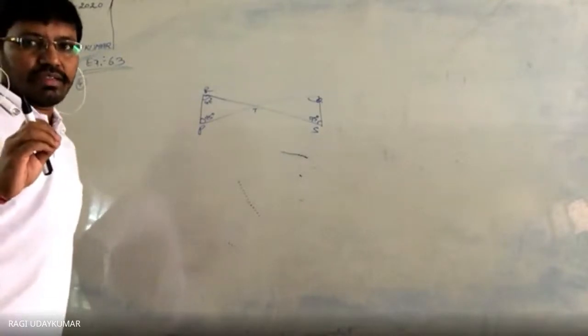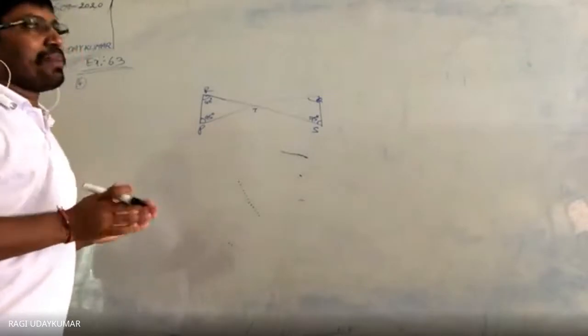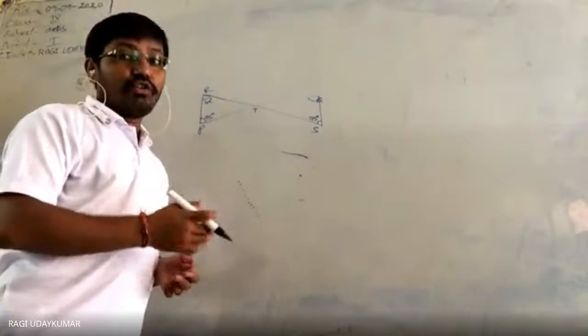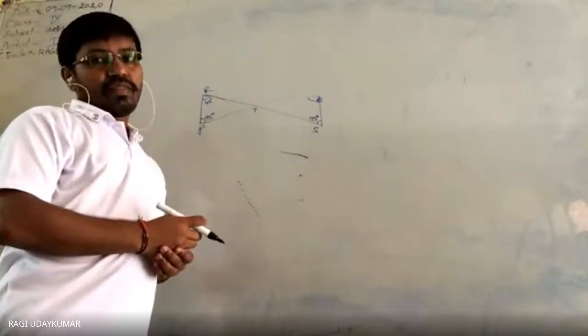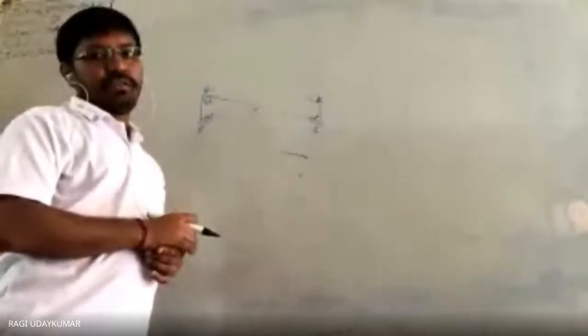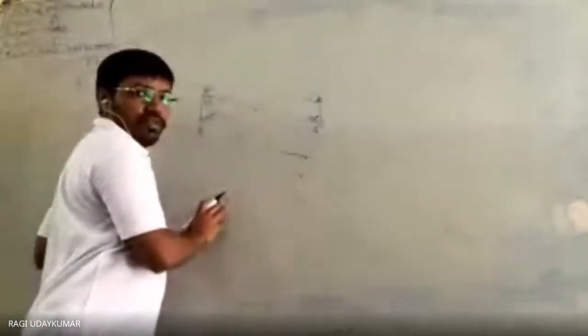Do remember this, especially in geometry: in the figure, if lines look parallel, we should not assume they are parallel until and unless you prove that or it is given. So that only you can do it. Now if you take here, these two are given, this you can find out.